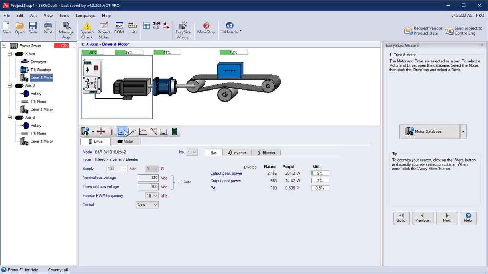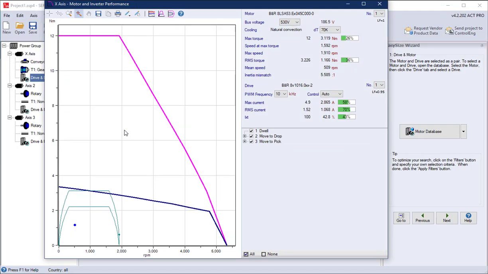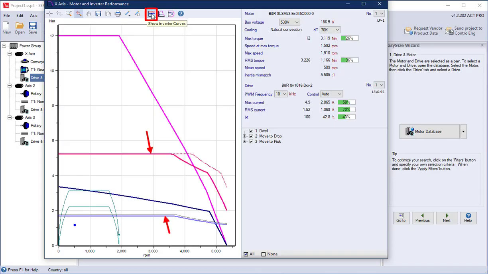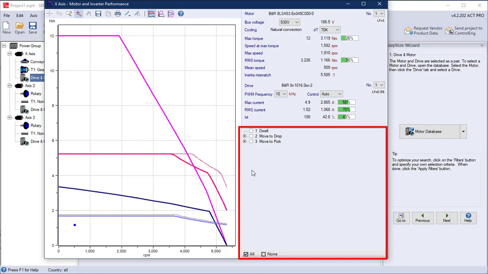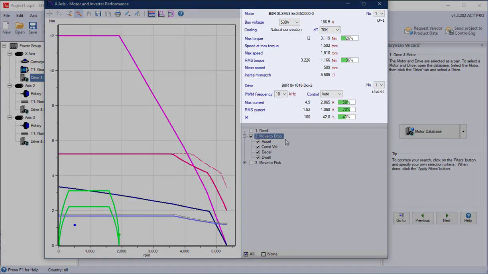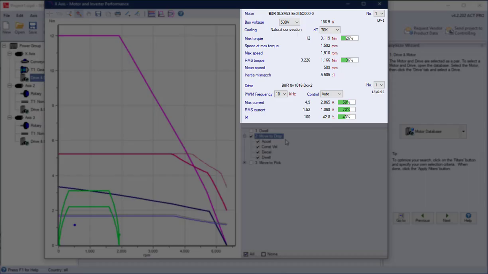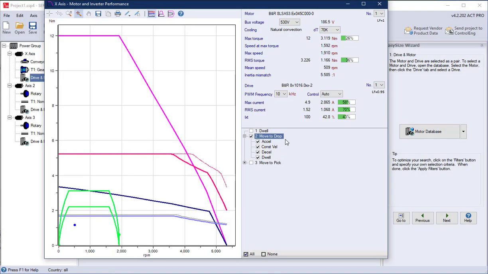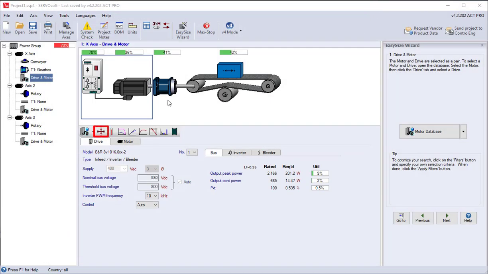Next, let's examine the motor and inverter performance. Here I have a chart displaying the active peak and continuous rated torque curves, along with the application torque profiles in green and the RMS torque as a blue dot. I can also overlay the inverter continuous and peak current torque curves, and choose which torque profiles I'd like to see. The motor and inverter required data is shown, along with the available margin based on the motor or inverter rated values. Next, let's review the drive and motor margins,